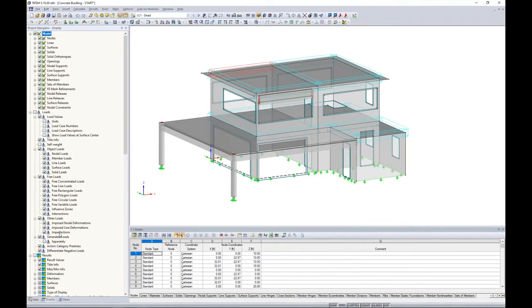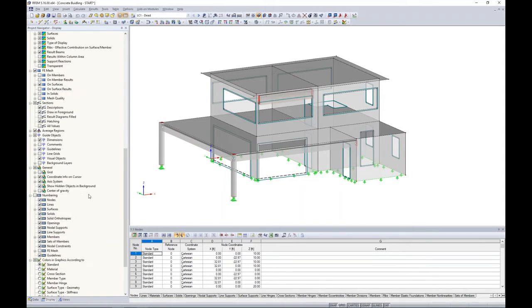Under the display settings, we can scroll all the way up here to the top and we can turn those off. So they'll still be taken into effect within the background, but if it seems to get in our way when we're viewing this graphically, then we can go ahead and turn on and off elements like those within this display option. So moving on to the members, also within this display in our Project Navigator, I'm going to scroll